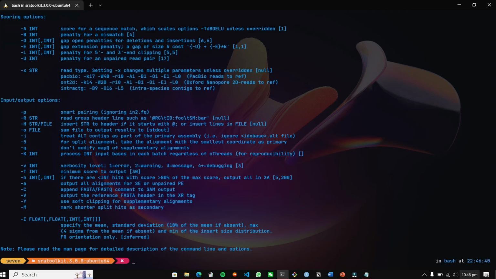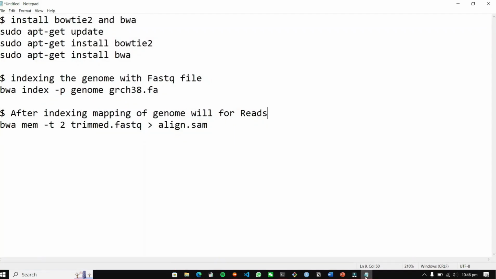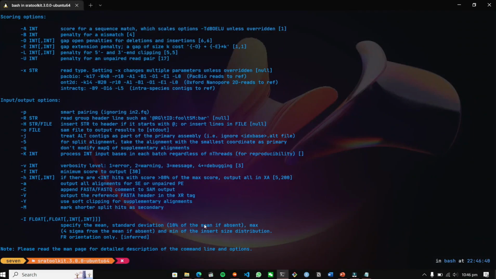So let me just consider that again. It has done trim.fastq. Yep. No, it is not working right. I think there will be a problem with the align file. It isn't working right. So there is a problem with the file.